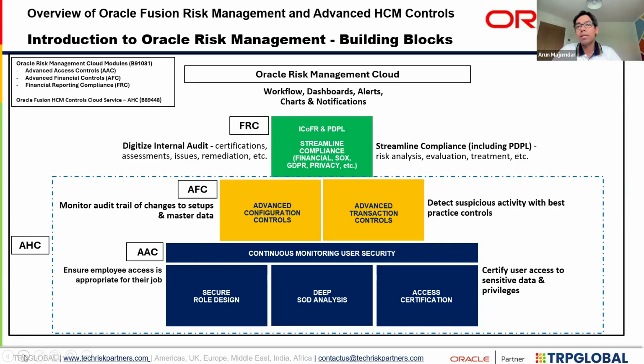But the client may have various constraints against doing that, because of budget, priority, tight deadlines, or skill set, and there are various acceptable reasons. But if you are implementing risk management at the beginning, then you can use it to design the roles securely. You can test those roles as well. We had one of the very initial customers, a large utility from Saudi Arabia, where the CFO said, by the way, I want the GRC to be implemented before the ERP UAT, so that I would be using my GRC system to test my own role design as part of my UAT